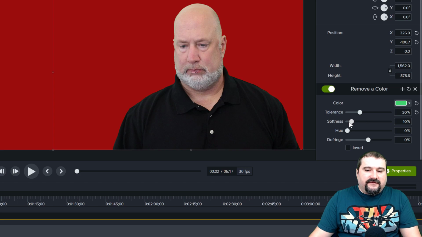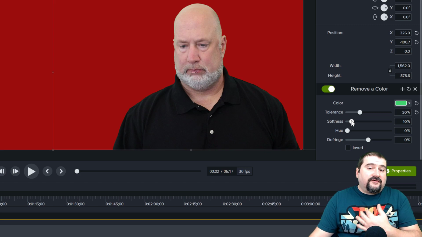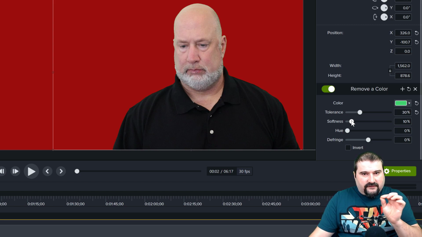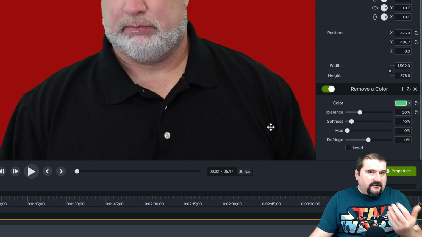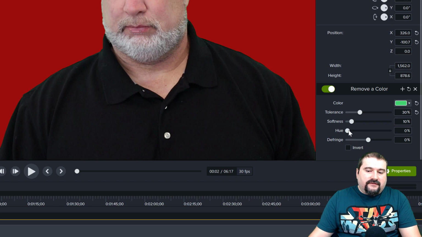And there are other adjustments here, like softness. The softness will reduce, sort of blur, the edges of the color that remains. After you've removed the green screen and tweaked the tolerance, then you tweak the softness to make sure that there are no jagged edges around. So again, this one might be something you want to do zoomed in to some very vulnerable areas where you might have candidates for bleed or a different color. And also these, hue and defringe, you need to just play with them next.